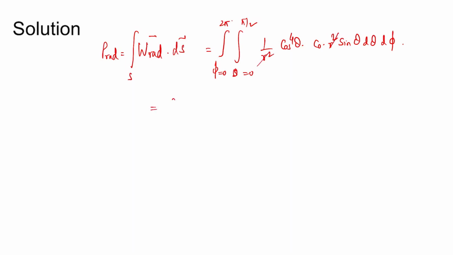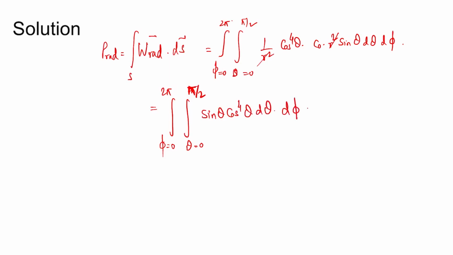R square gets cancelled and you have a double integral, theta from 0 to pi by 2 and phi from 0 to 2 pi, of sine theta cos to the power 4 theta d theta d phi. The integration for theta can be done, and the d phi integration is independent, so it can be taken outside. It is 2 pi, because phi goes from 0 to 2 pi, multiplied by